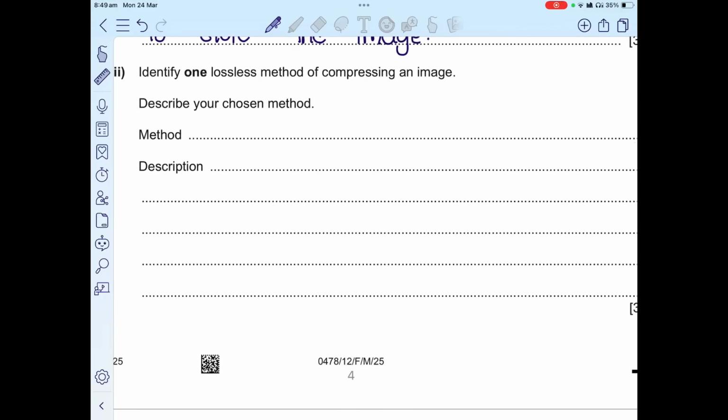Describe a chosen method. Now, the only method for lossless compression of an image that is covered in the IGCSE syllabus is basically run length encoding. Now, run length encoding can be applied to text and as well as images. And what essentially happens is that if you have, let's say, a repeating series of the same color, you replace that with that color and the number of times it occurs. So what it does is that RLE